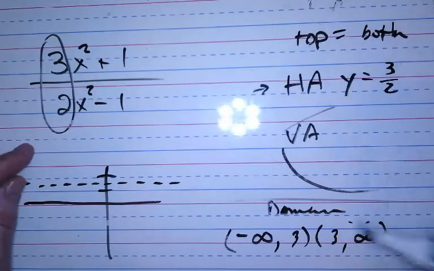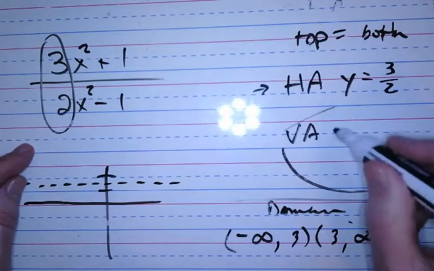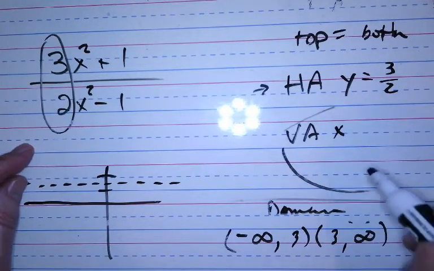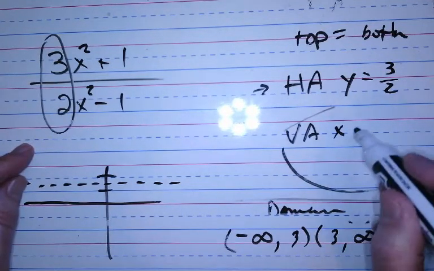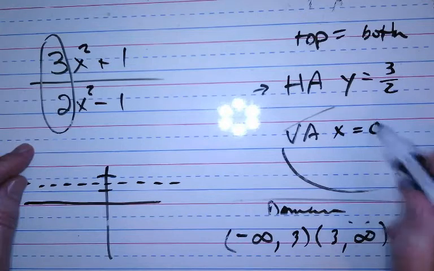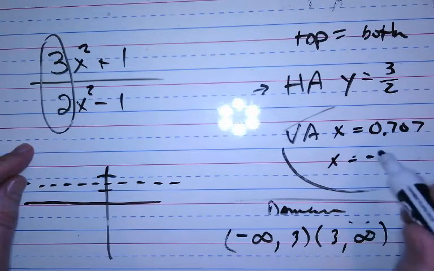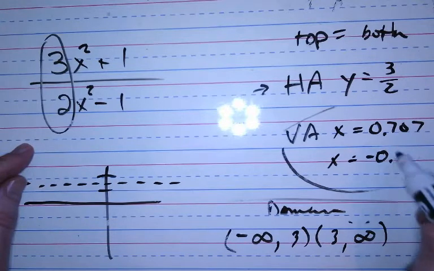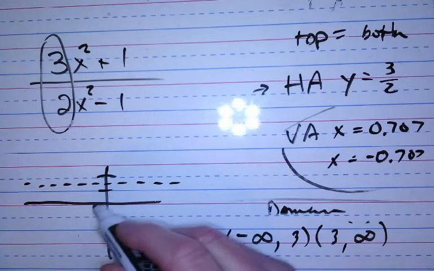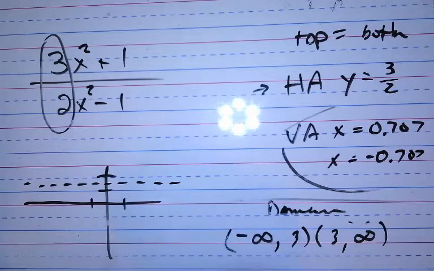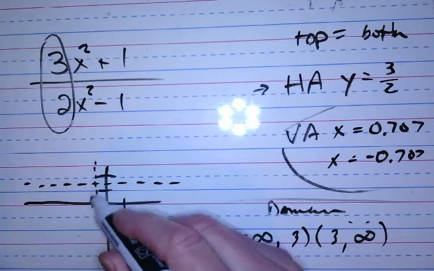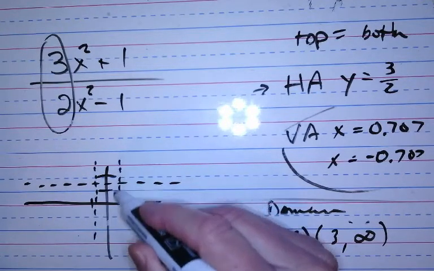So, it comes out to be nasty little decimals, but hey, they can be the asymptotes: positive 0.707 and negative 0.707. Where is that? Well, if this is 1, that's -1, then this guy is going to be like that,